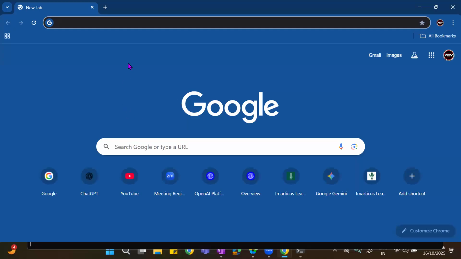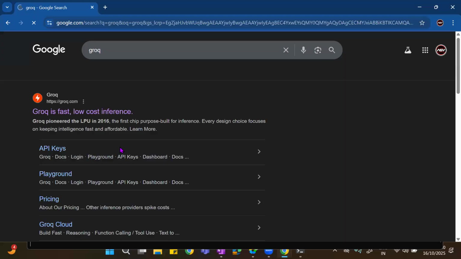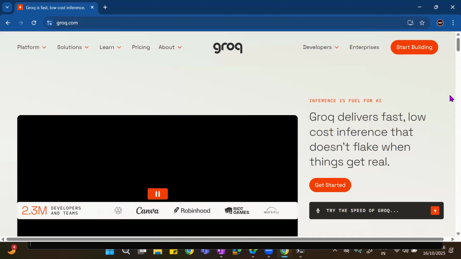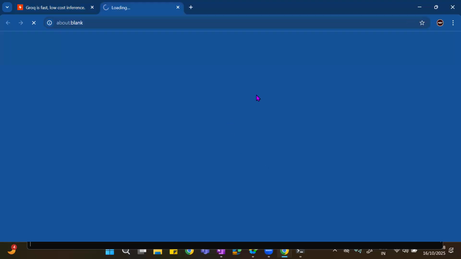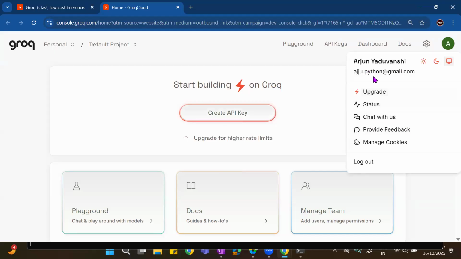I'm already logged in, I already have an account. You can create an account with your Google Gmail.